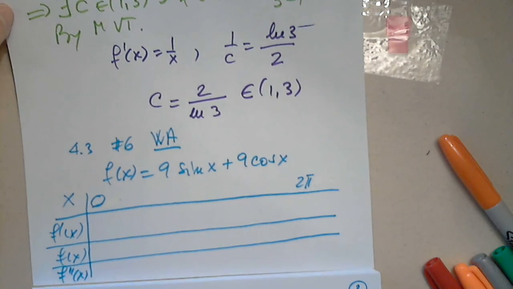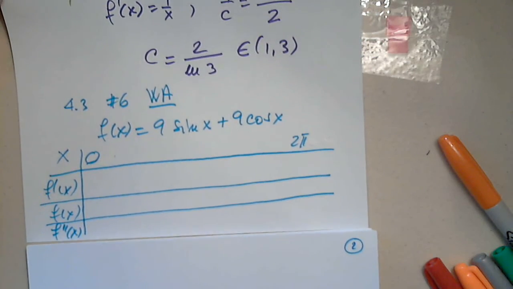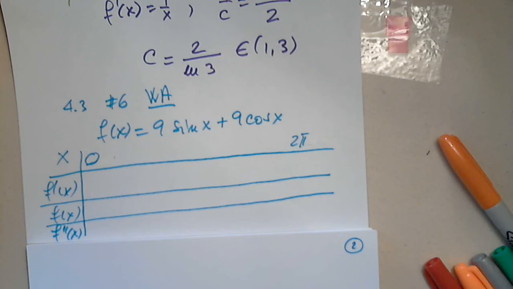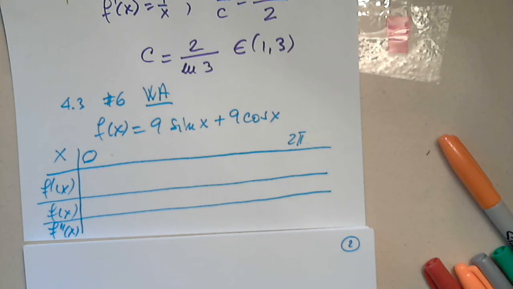Are they asking us for the x and y intercepts or any of that? Right, so that asks for the intervals for increasing and decreasing, and then local min-maxes, inflection points, and concavity. Okay, so we don't have to worry about x and y intercepts then. Good. So in that case, we just go ahead to find the first derivative, and that would be 9